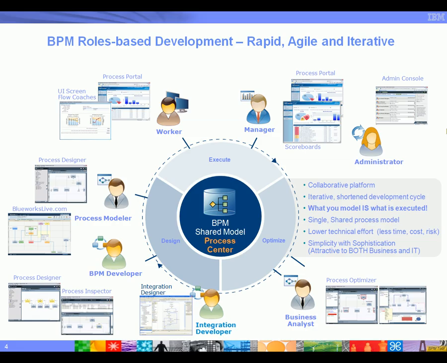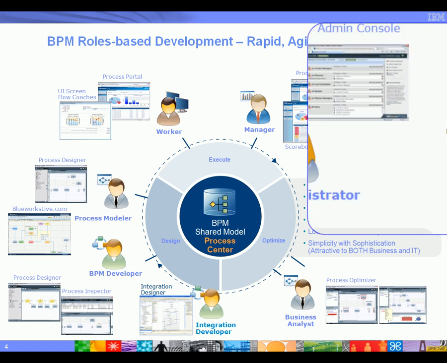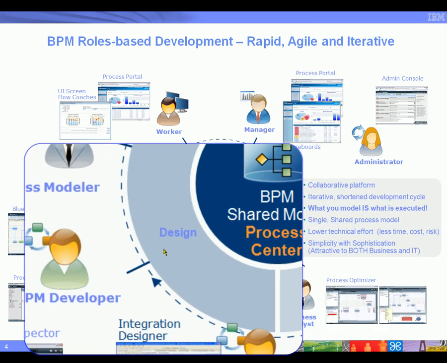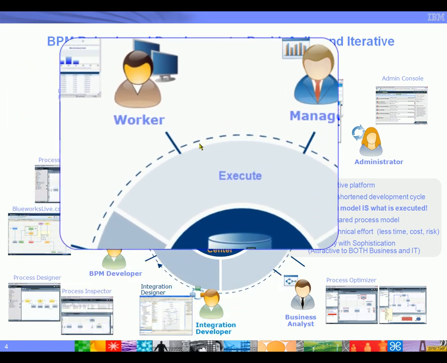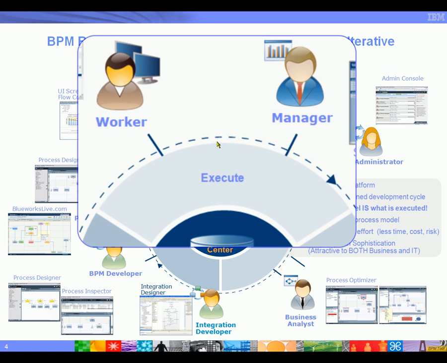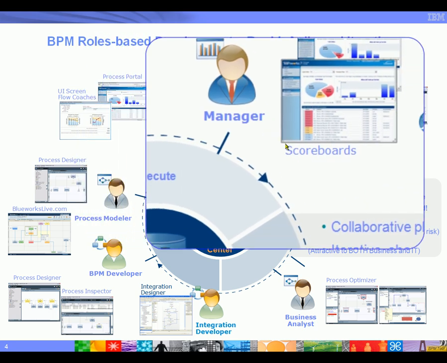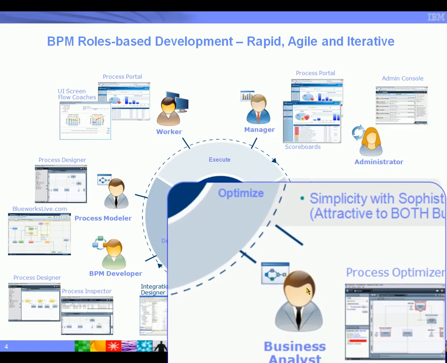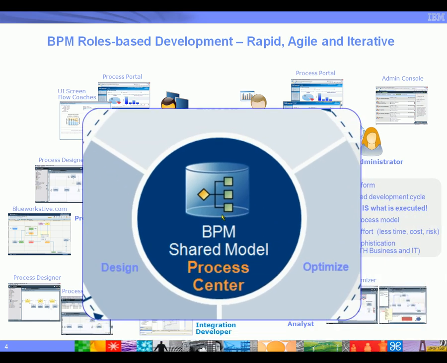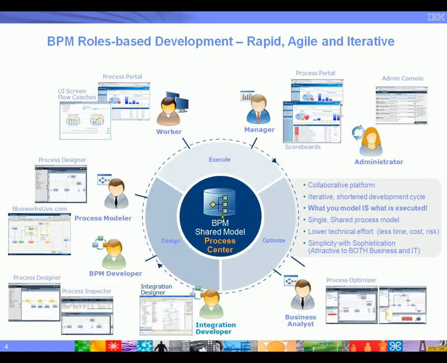In business process management, we really have a life cycle of activities, and ideally we want to perform these activities in a roles-based fashion. So throughout design time, when we're modeling the business process and implementing it as a runnable process application, throughout runtime, when we're executing the business process and participating in it as individual participants, managers, and executives, and at analysis time, when we're analyzing the process for optimization hotspots, we're using a single unified view of the process, or ideally using a single process model throughout design time, runtime, and analysis time in a continuous life cycle